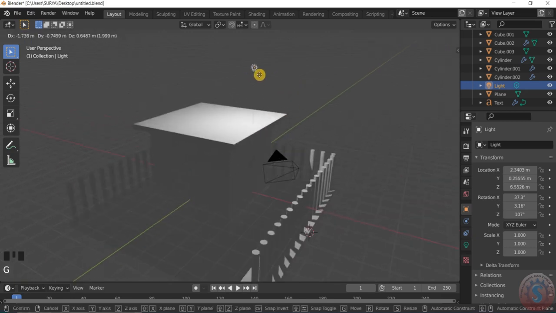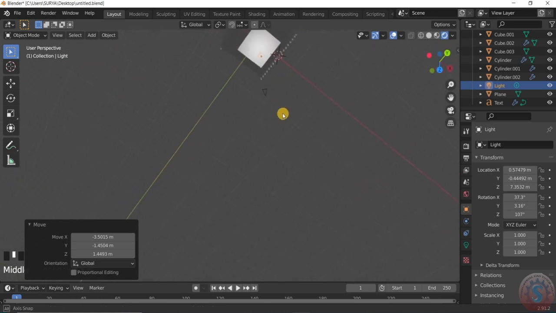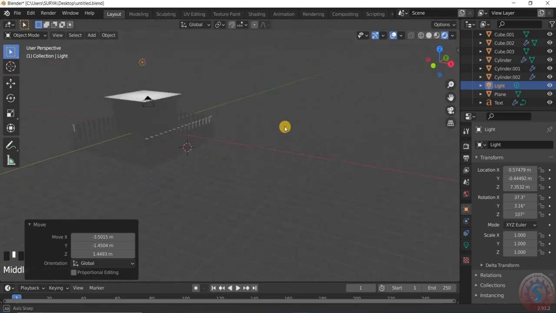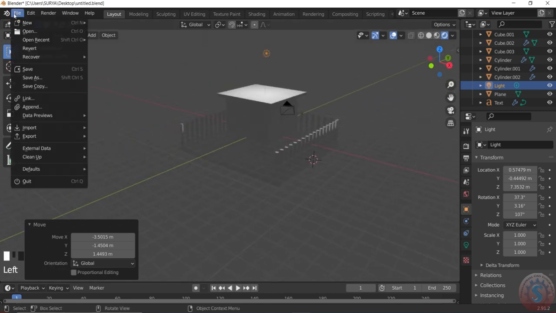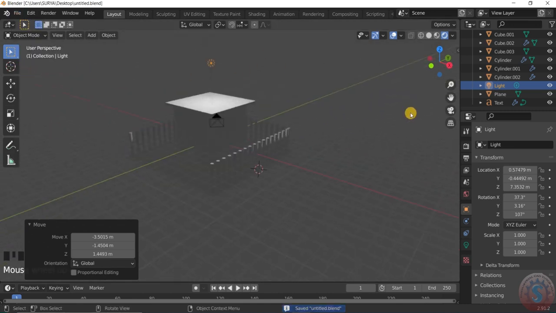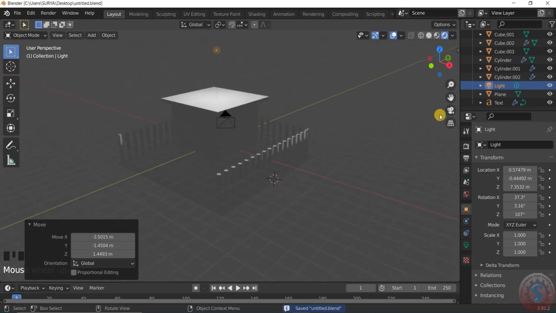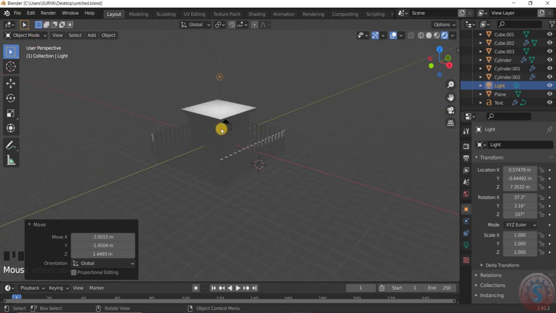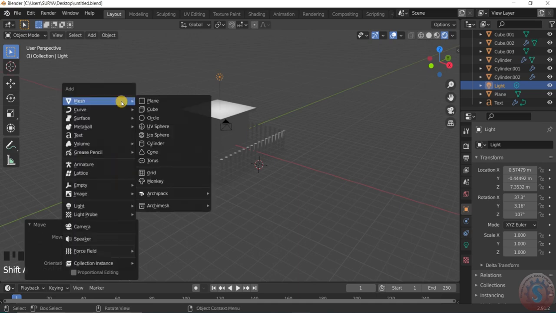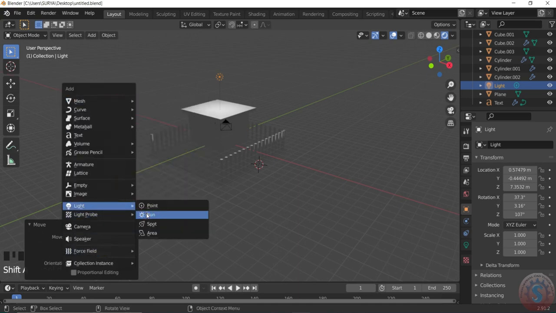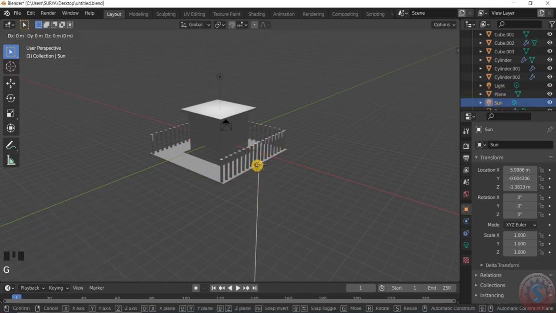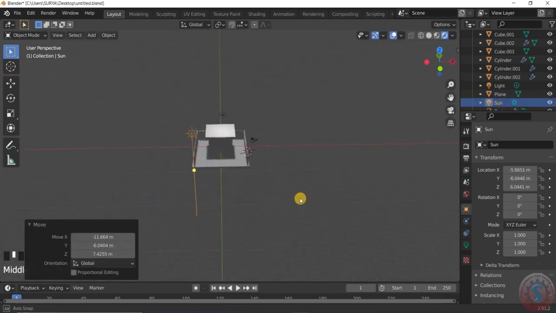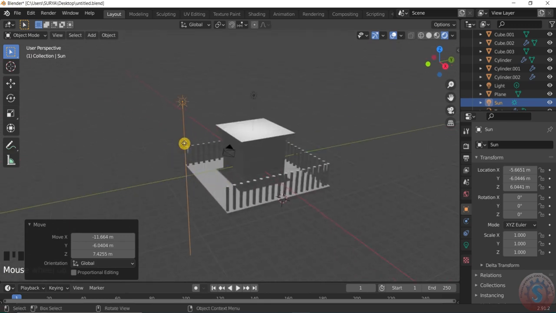First of all, I want to create the light on the top of the slab, and I want to position the light. In object mode select Shift A and give the light and give the sunlight. I want one sunlight, and drag and drop here. After give the